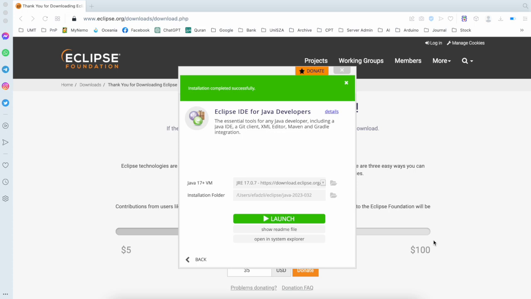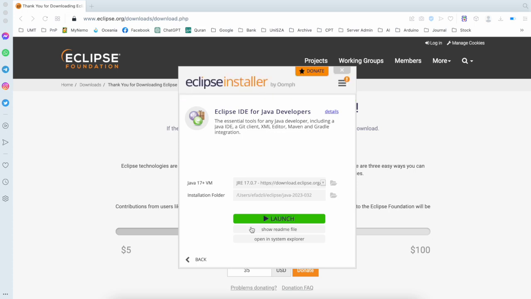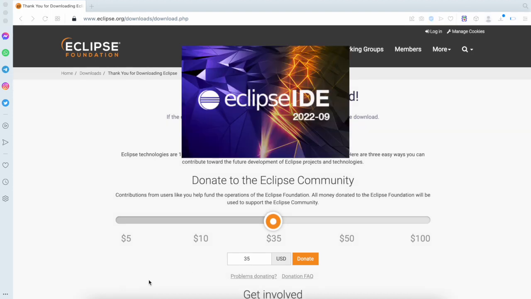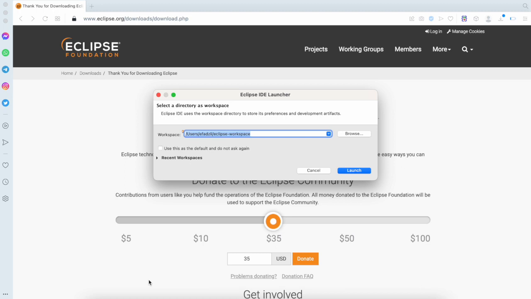Okay, once we finish installing, we are going to launch the Eclipse IDE to test it. Okay, wait for the IDE to load, and then they will ask you where you want to save your Eclipse IDE files, the workspace. So you can choose any other folder that you want, or you can just accept the suggestion that they give you. Click launch,